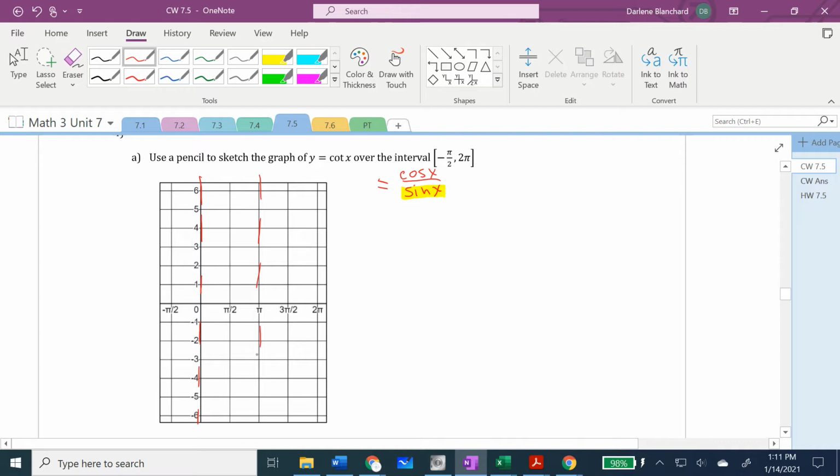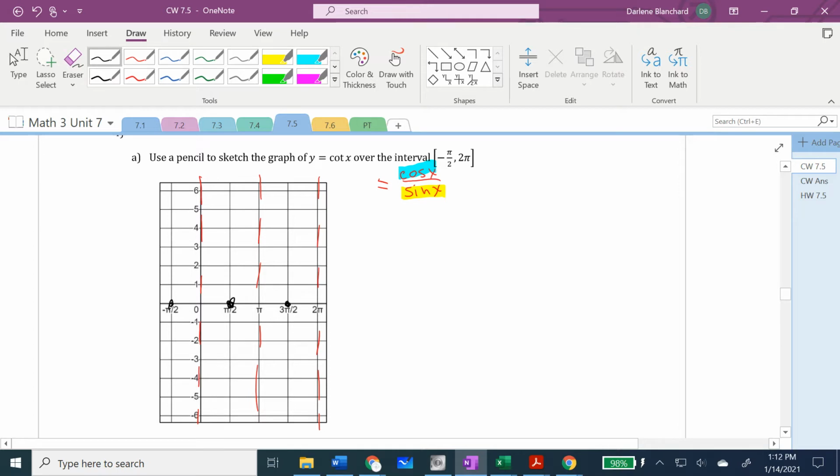pi, 2 pi, and all of their multiples. The graph will go through the origin, or sorry, let me rephrase that. The x-axis. The graph will have an x-intercept when the numerator is equal to 0. Cosine is equal to 0 at pi over 2, at negative pi over 2, and 3 pi over 2, and